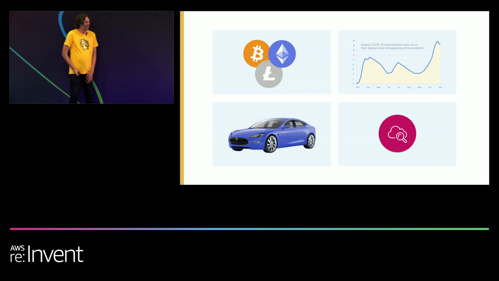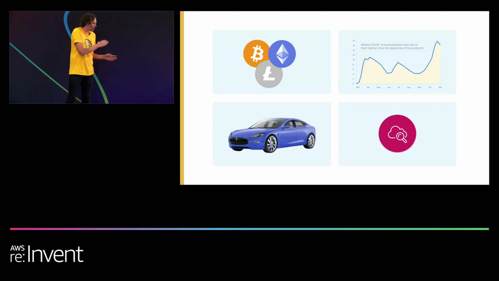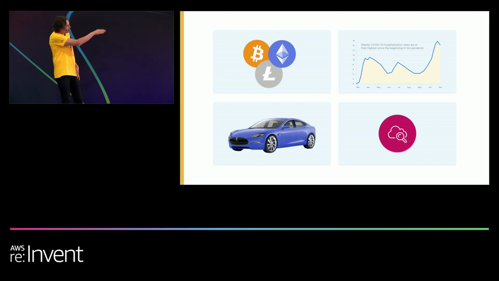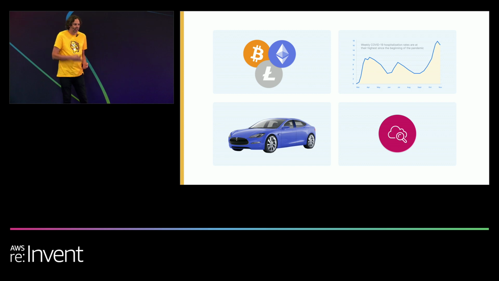No one's very chatty. So the similarity between the pictures is that they're all driven by time series data. And I suppose the clue was in the name of the talk, which also involves time series data, and the name of our company, Timescale, which has got the word time in it. So when we're talking about cryptocurrency, we're talking about a distributed ledger. Each transaction is time-stamped, so it's got a time associated with it. When we're talking about this graph of COVID-19 hospitalization rates, which is rolled up by week, or I think by month there, each individual hospitalization has a timestamp on it.